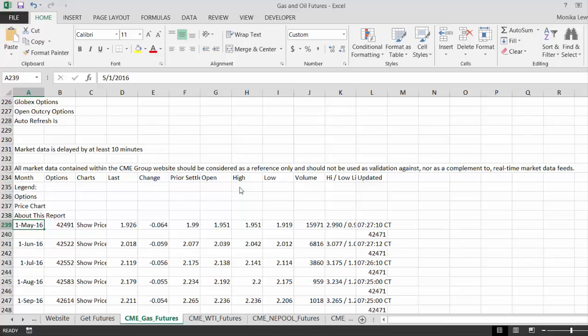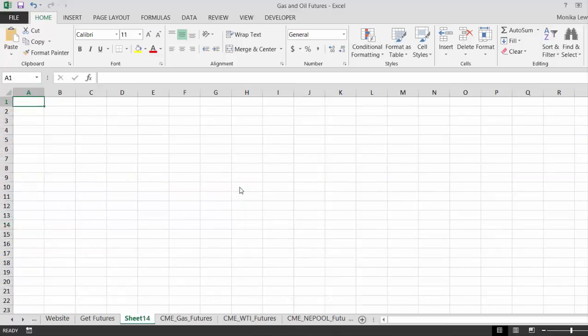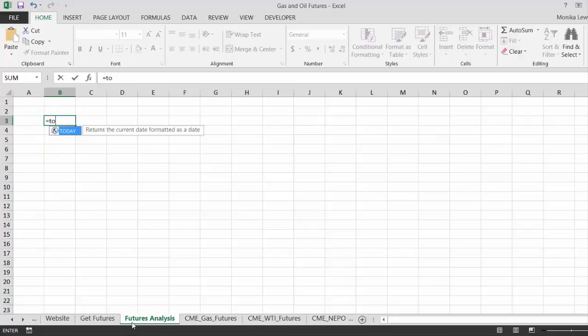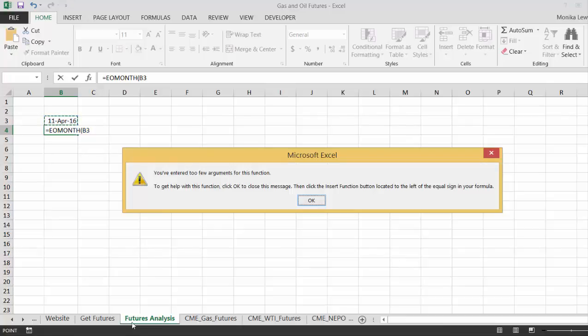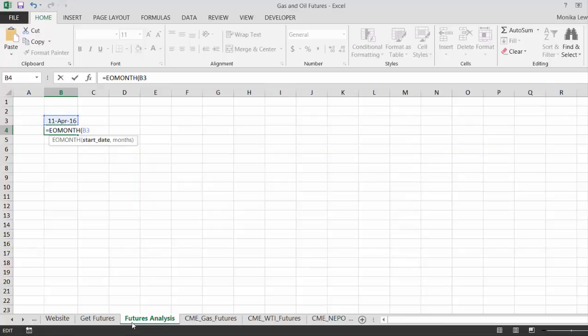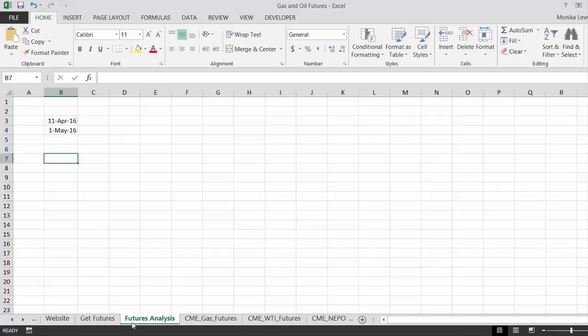The first thing we'll put is futures analysis or something. Now you'll see immediately if I put equal today. Okay, shift. We have this, and then we can put EO month, comma 0, and then we can put add 1 plus 1. So that'll be our start. So why don't we put this one, and then we can simply put edate,